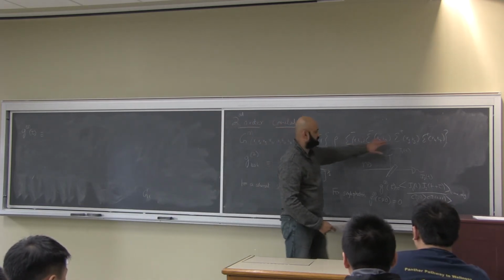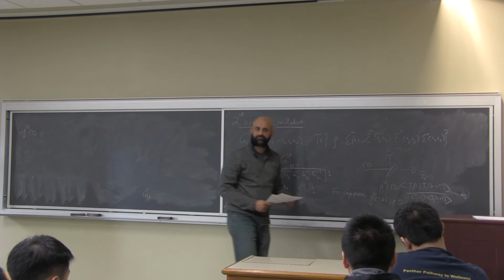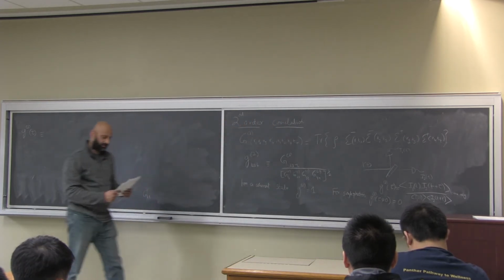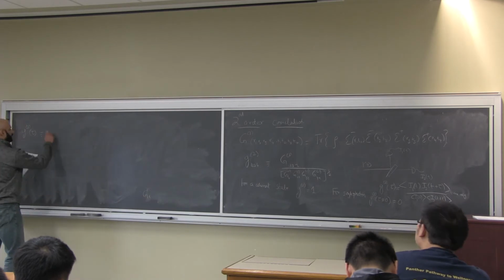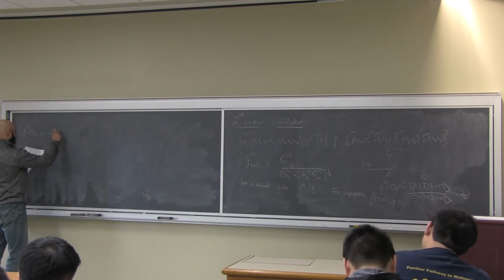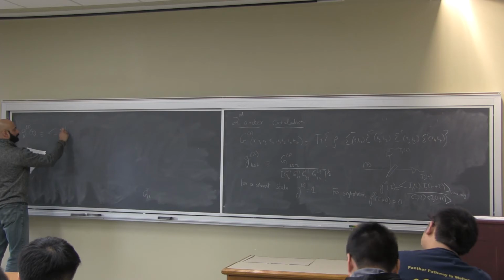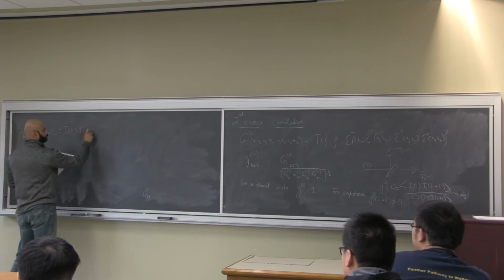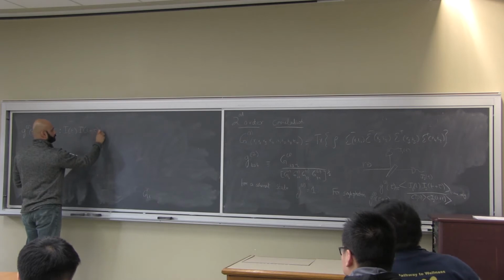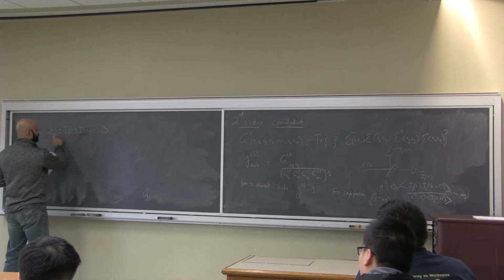All the A daggers are to the left of the A's in this relationship. So we can represent that as the expectation of two normal ordered terms, I of t and I of t plus tau, divided by